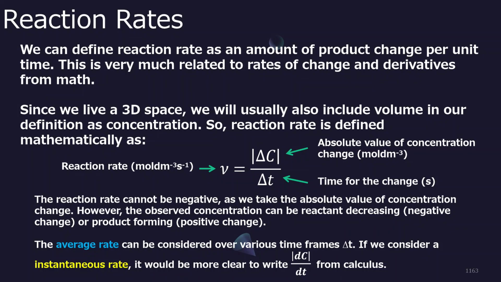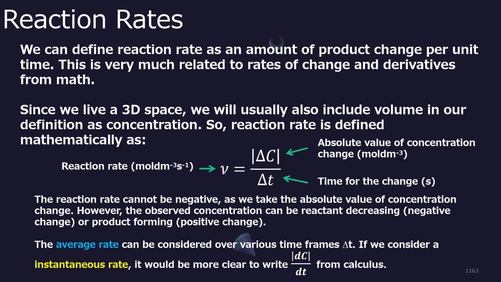So when we choose our amount of product change, we could choose grams or moles or whatever, even volume, but the most standard definition of reaction rate is going to be concentration. So moles per decimeter cubed per second. And we write it like this. I have in the middle of this slide, reaction rate in mole per decimeter cubed per second, written with the Greek letter nu. Okay, it's not a V,